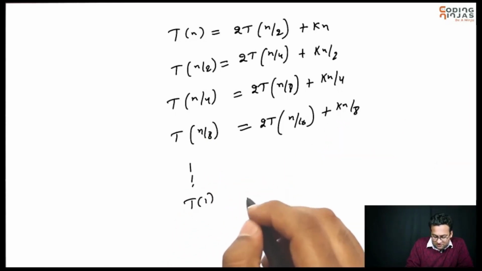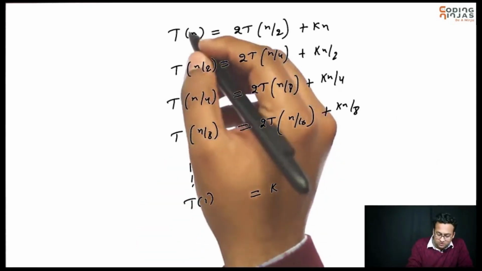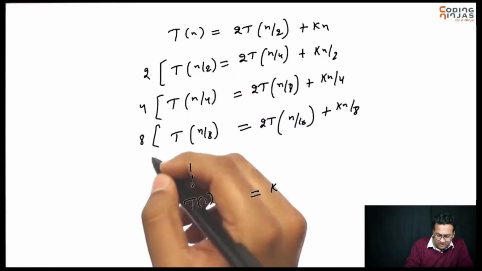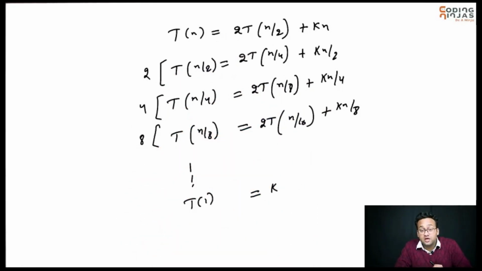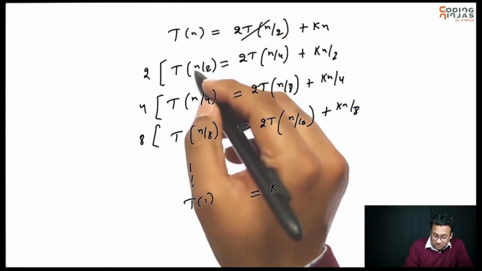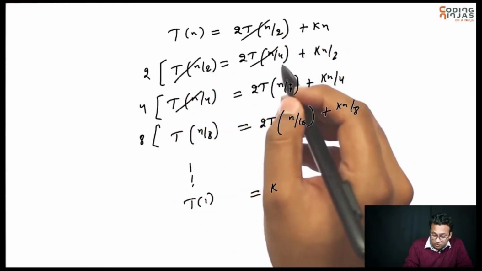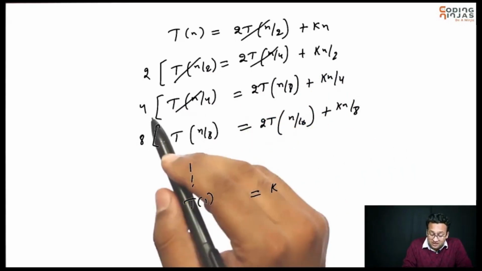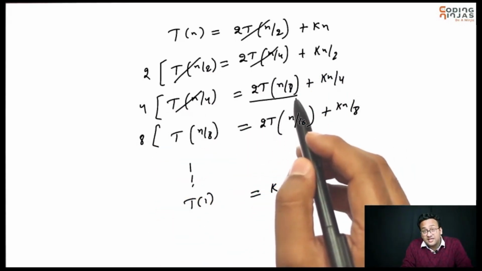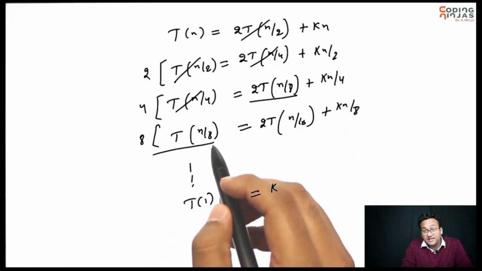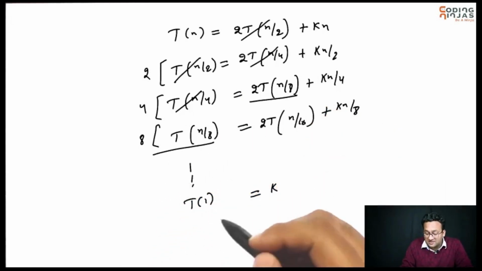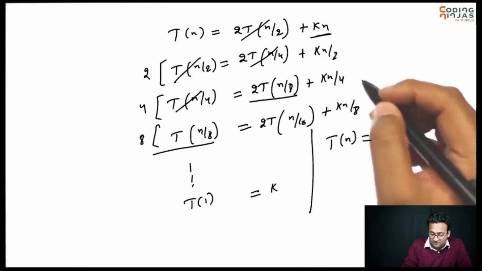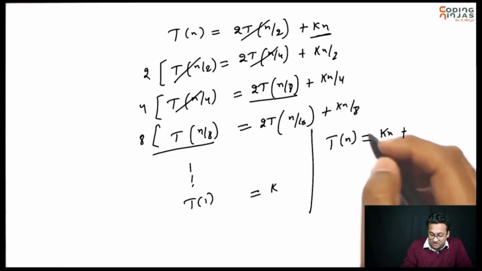And I'm saying T1 is equal to K. So while you're adding, you will have to multiply this with 2, this with 4, this with 8, and so on. And from all these terms, these will get cancelled. This 2Tn by 4 becomes 4Tn by 4 and this becomes 4Tn by 4, they get cancelled. This 4 into 2, 8Tn by 8 gets cancelled with this 8Tn by 8. All of these get cancelled and what you get is Tn is equal to Kn from this part, then 2